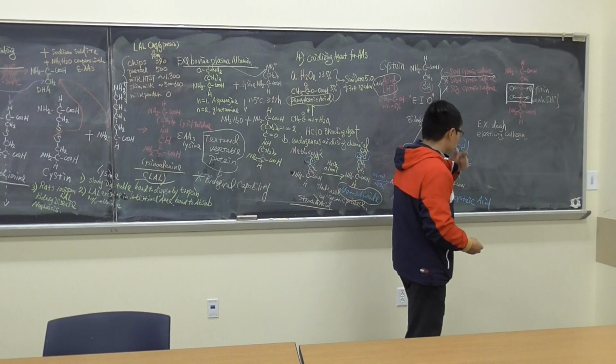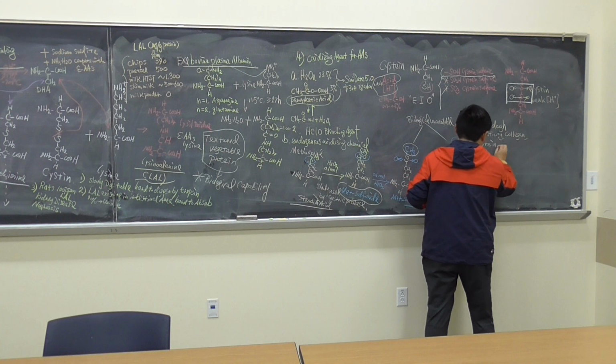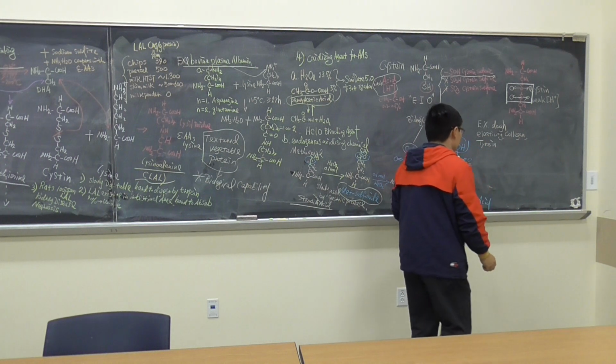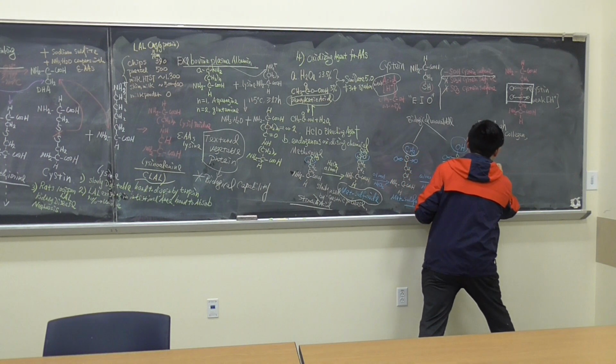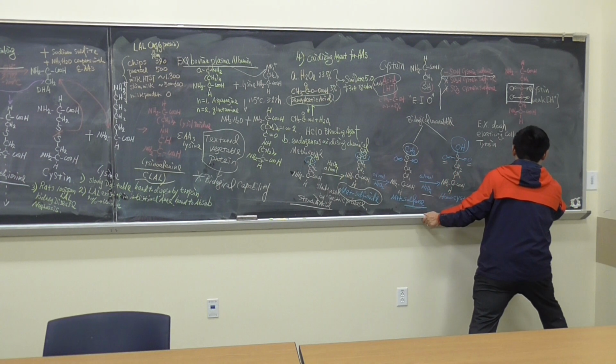What happened? The major component is tyrosine. So what does tyrosine look like? We're going to draw tyrosine here. Okay, so tyrosine is NH2, CH, COOH, CH2, and up